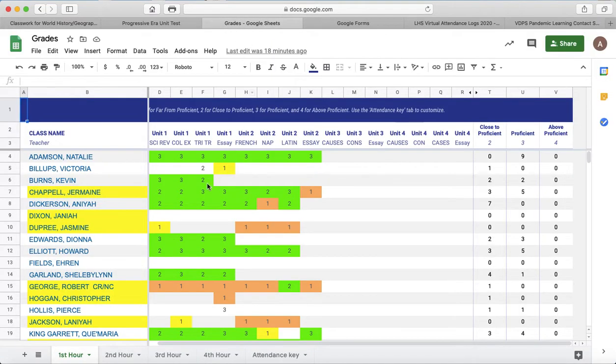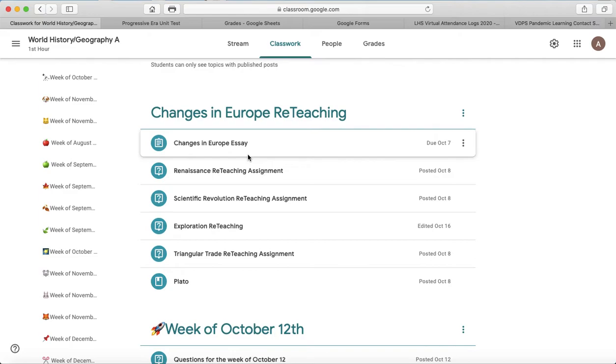Now, again, going back to the grades, when you see the blanks, or the yellow, these are students who, if we're operating here in the changes in Europe area, didn't take the test at all. And I'm certain that I'll have some of them over here on our current test about the political revolutions as well. For those students, I've done something a little different, because I believe that most of them, it's probably not an issue of them having a couple blanks that they need to fill in on an individual target. Most of those students haven't been participating or interacting